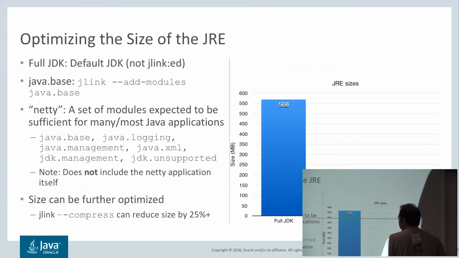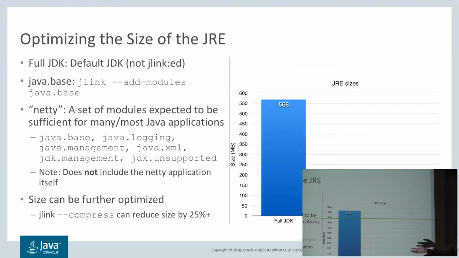So what we can do, for example, is use the tooling I just mentioned, jlink, to create our own custom JREs. Chances are that even though this has all the cool functionality in it, you only need a subset. So why always drag this thing around? I have a couple of different examples in here. One is java.base, that's only the base module, only the minimum, the thing you absolutely need. I also have something called Netty. Netty is supposed to represent, let's say, a web service of some kind, a smallish web application.